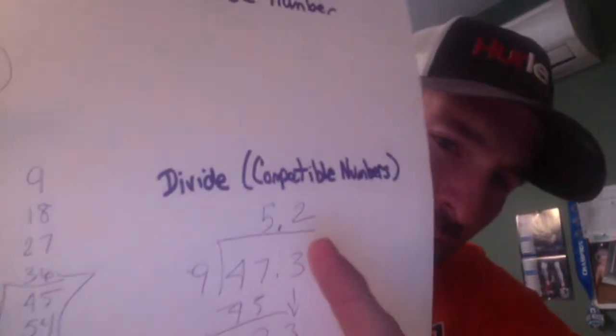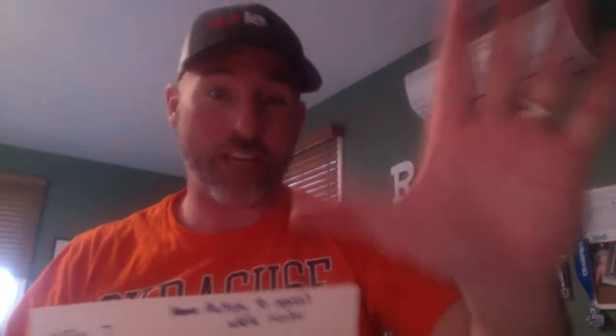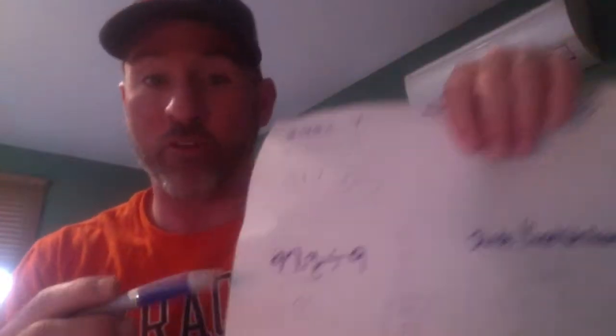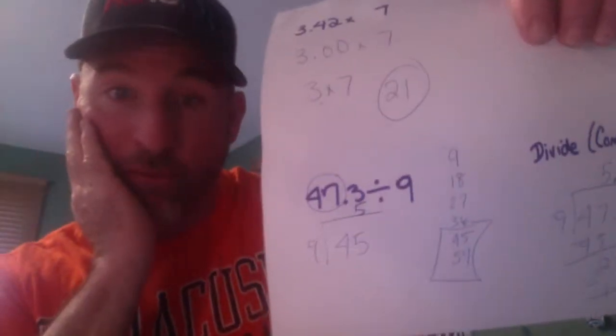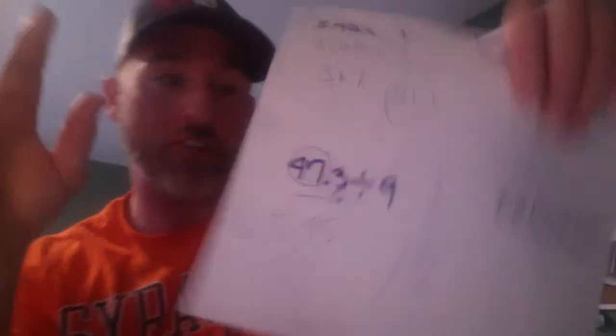I end up with 5 and 2/10. And the 2 would tell the 5 to do what? Stay the same. So my answer of 5 with using compatible numbers is the best way to do it. Now, I don't expect you to get compatible numbers right off the bat, but the key steps to compatible numbers,